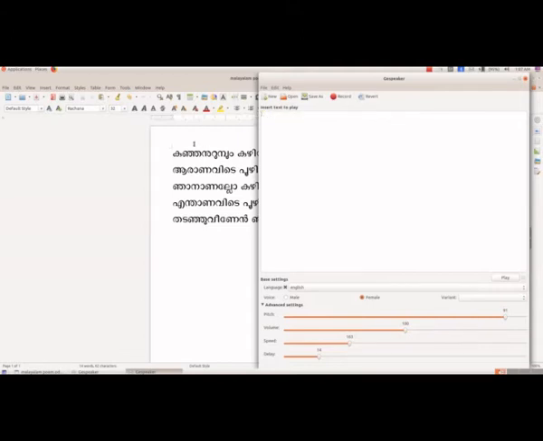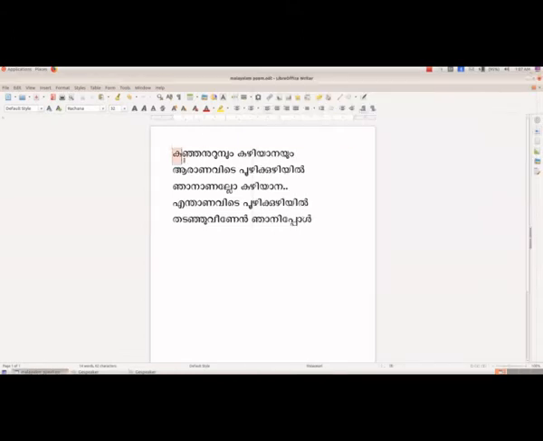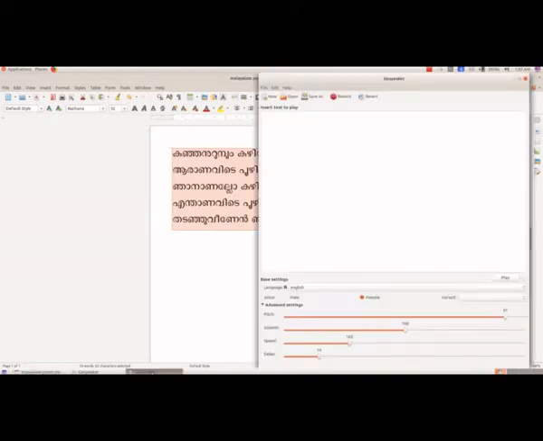So we will delete that and we will copy this text. So after selecting Ctrl C, and now we will paste this in GSpeaker. So here Ctrl V, and now we will play this, and the voice here is male voice, and we will hear.